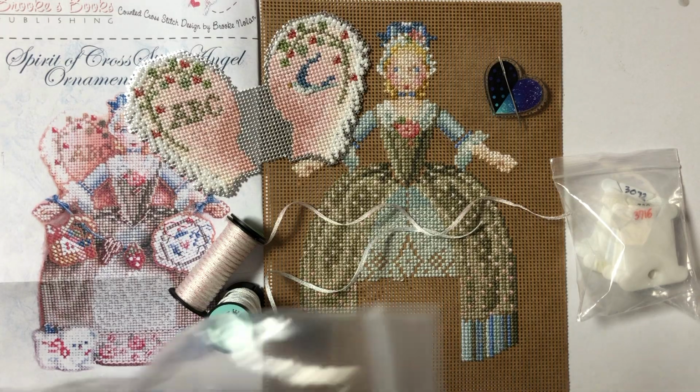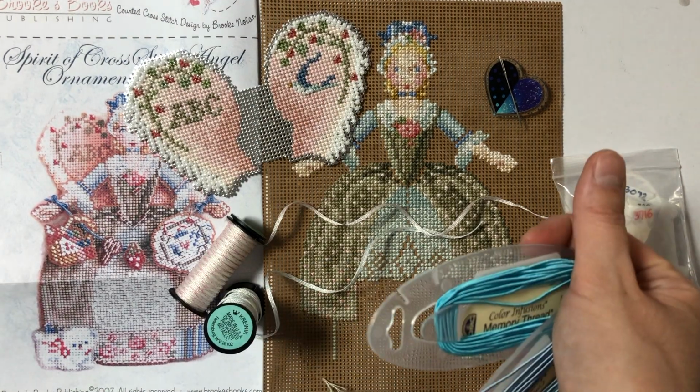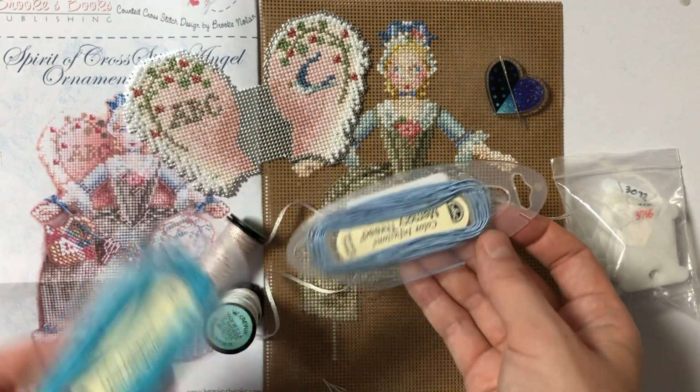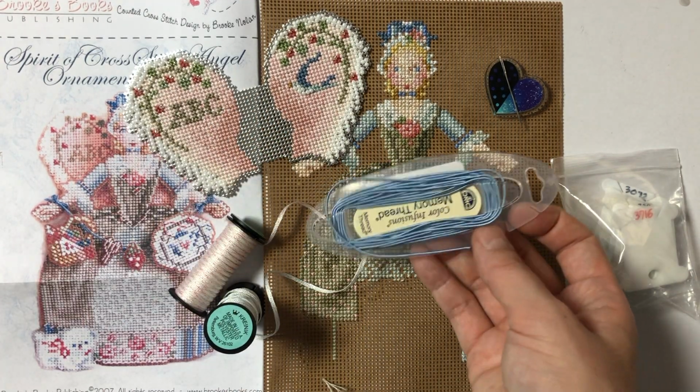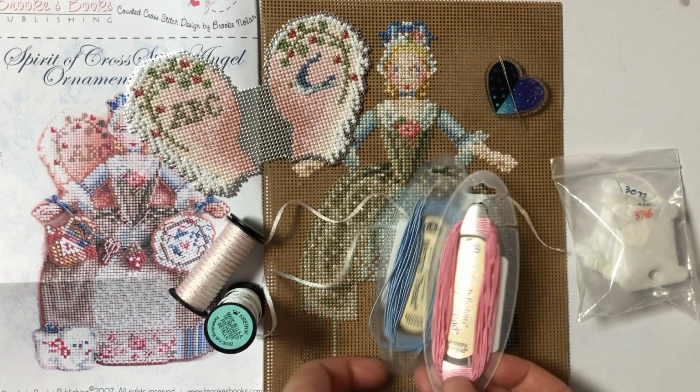but another option that I have is to use my memory threads, and these are some of the blues. And I have 2 light blues here, but I don't think I like this one already. So it's either this blue or maybe the pink. So I guess I'll use one of these, or even combine them,